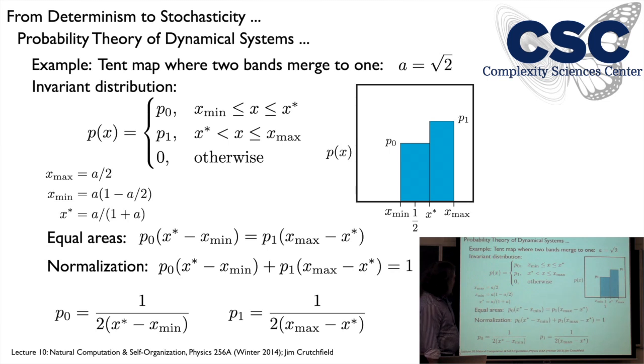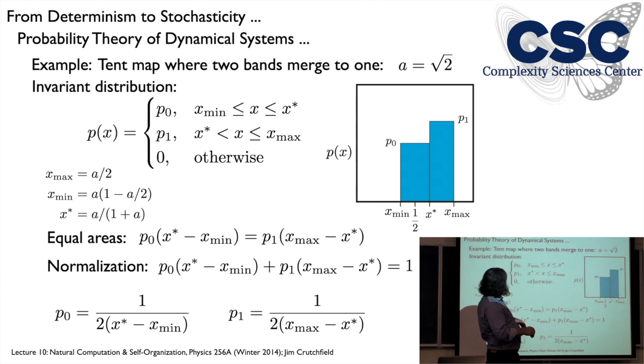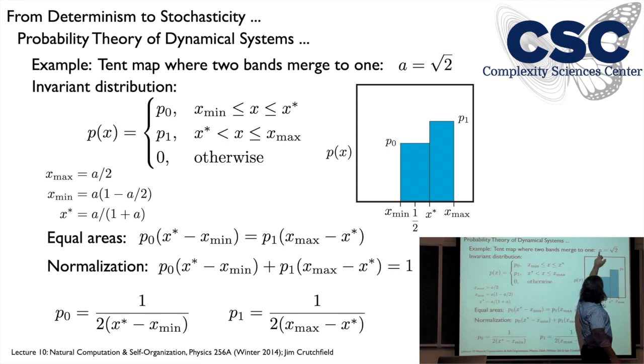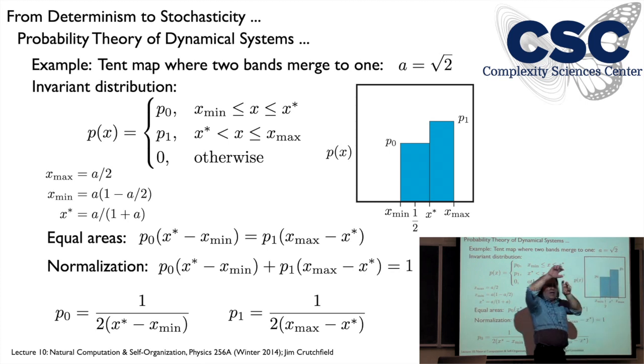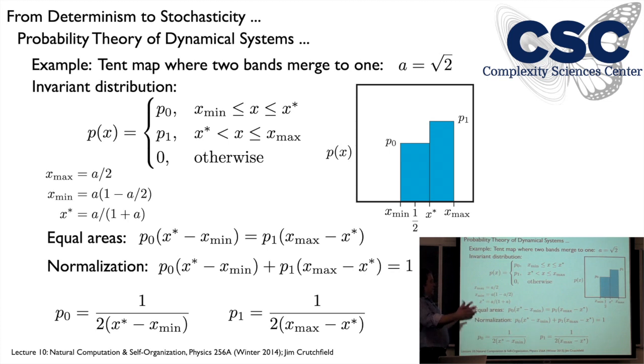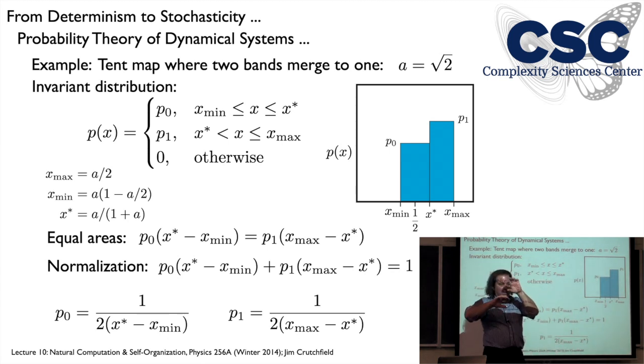So one more example and then one kind of an exercise. Tent map. So just showing you how to calculate these things in some tractable cases. So you remember the tent map, the bifurcation diagram, it also had band mergings. Turns out, for the tent map, instead of setting a equal to 2 like we just did, we'll set a equal to square root of 2, and that's exactly where the 2 bands merge. We're going to guess a probability distribution here that has 2 pieces. Now I'm doing this with full foreknowledge of some of the dynamics.